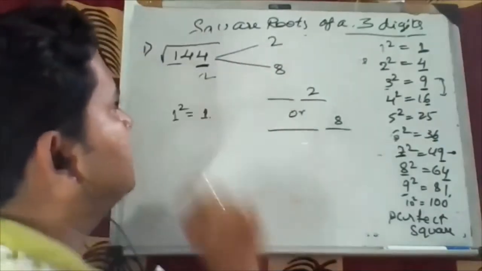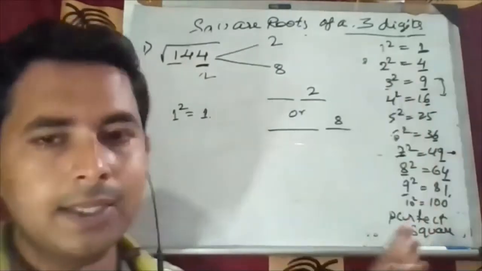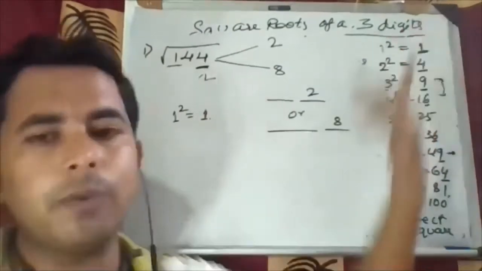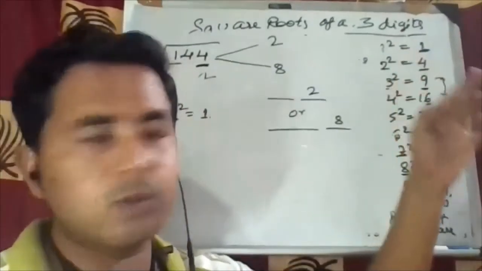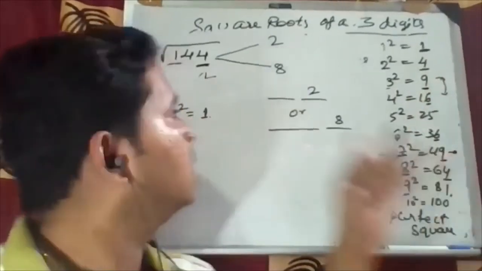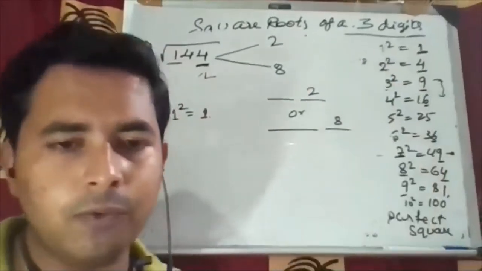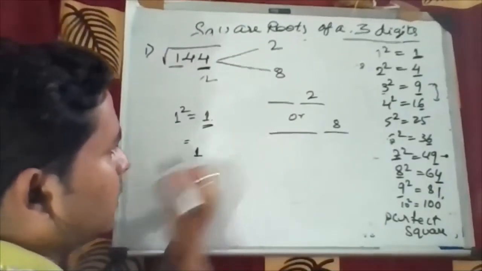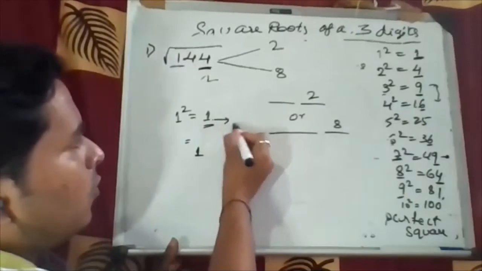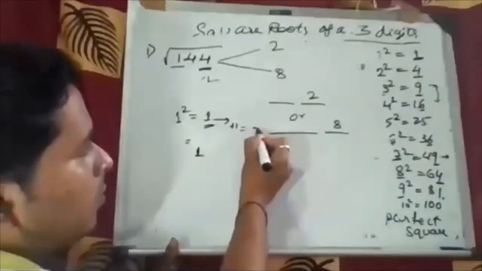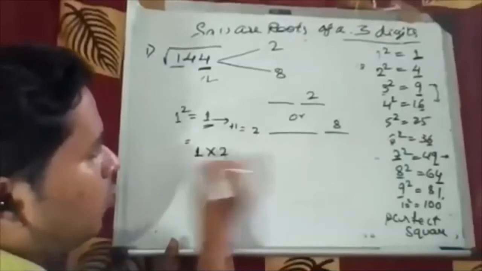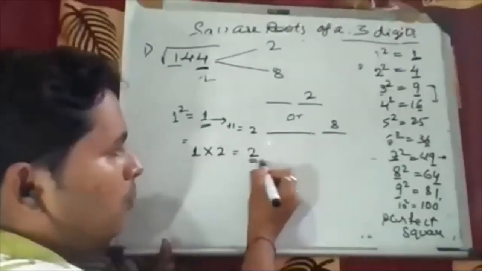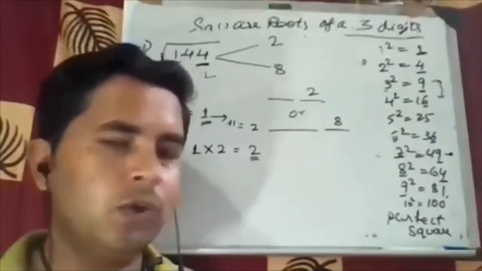See the first digit. The first digit is 1, and in the table, that is the first digit. Again, you have the direct answer, that it is near to 1 only. That should not be near to 4, 9, 16 or anything else. So 1 is near to 1 only. So consider that 1, then increase this 1 by plus 1, then it will become 2. So multiply that, and you will get an answer as 2.